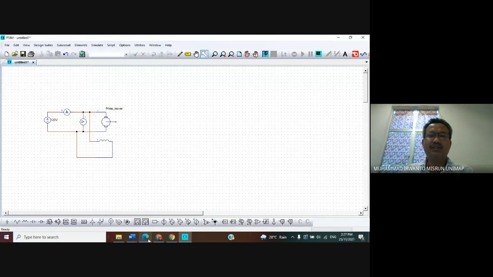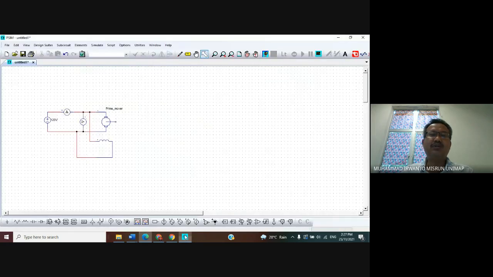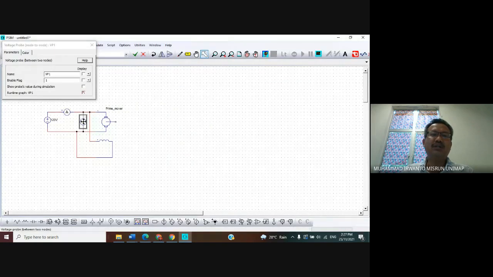And then following this one, we give symbols in here for the voltage measurement, V input, and current, I input. So you can double click V in here and then give the name V input. Don't forget to click or tick here and then close.